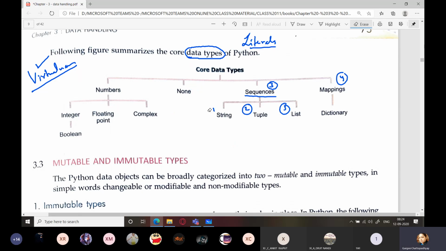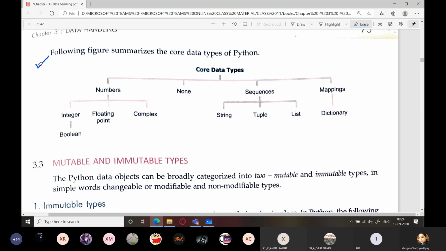Till then, you can just make a mental note in your mind. You can just take a look at these various data types for some time. So these are all the data types in Python. Now we will mark which data types are mutable and immutable, and then we will see them in detail.